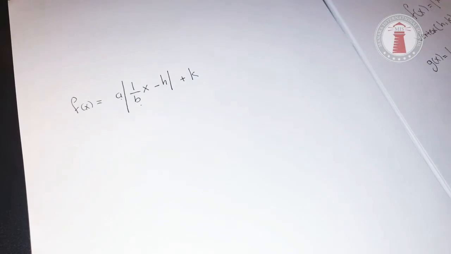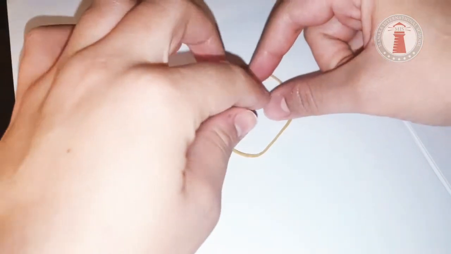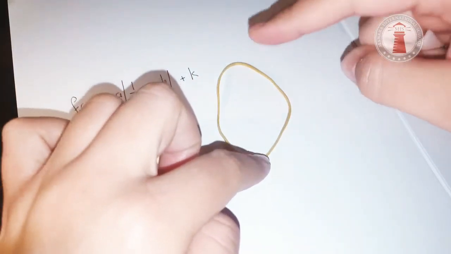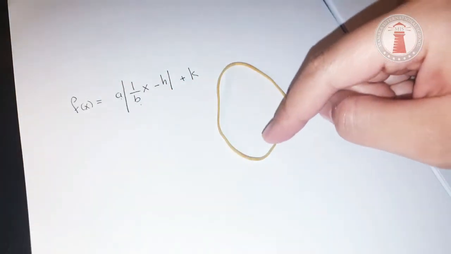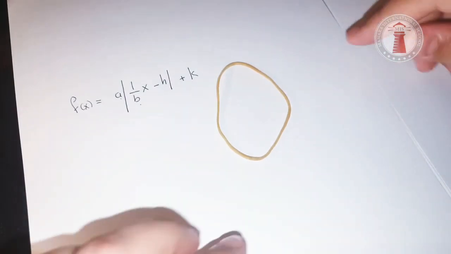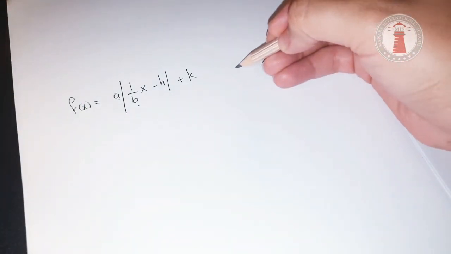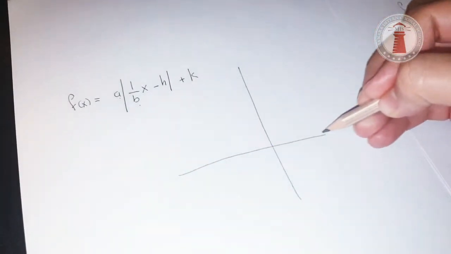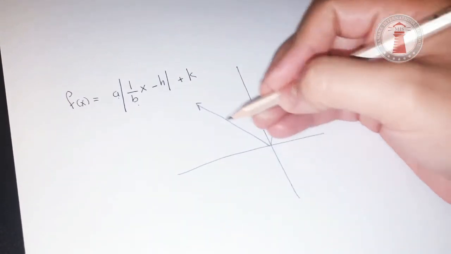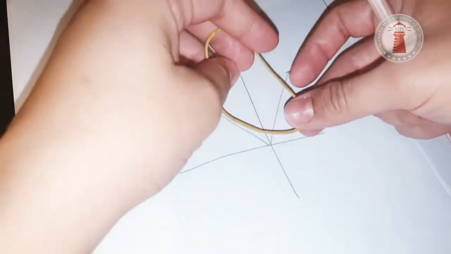Now, I just wrote this elastic, right here, okay? Let's say that this elastic is our curve, or in this case our v-shaped absolute value function. So for example, this is the parent function. It's a v-shape. Each side makes 45 degrees. If this v-shape was an elastic